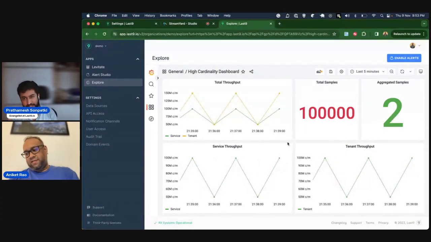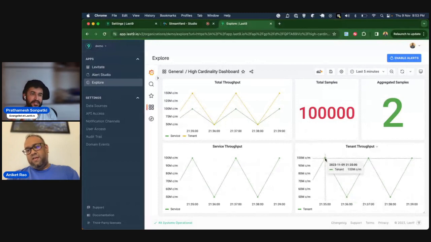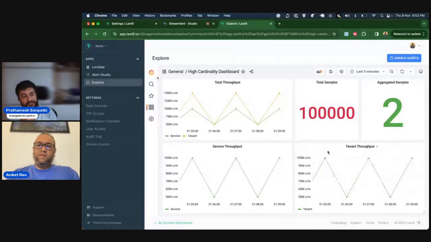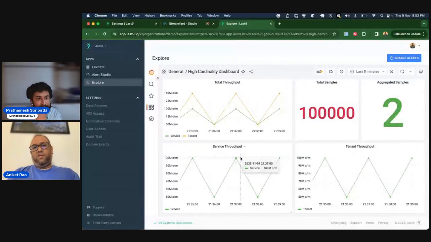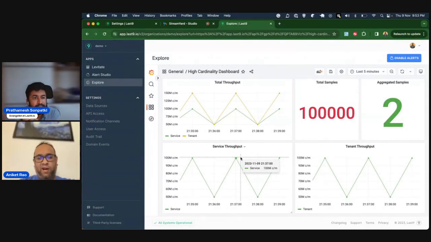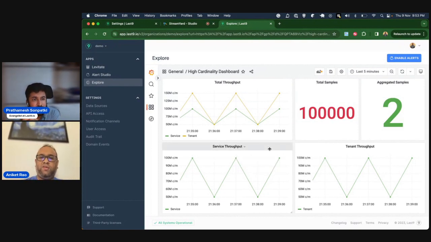So are you saying that the two aggregated samples count that we see there is the result of aggregation? Yes. Okay, so from 100,000 we have gone to two. Absolutely, yes. Now the two is a use case of mine. I may only have two things I desire, 40, 50. Makes sense. Exactly. But what I'm really emphasizing is that the more use cases that you can think of in